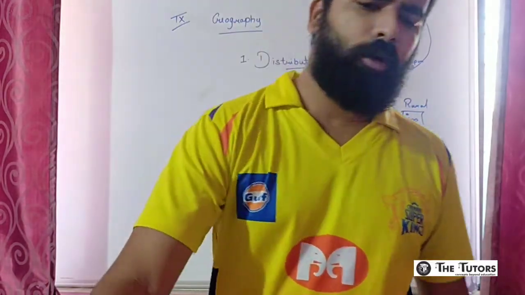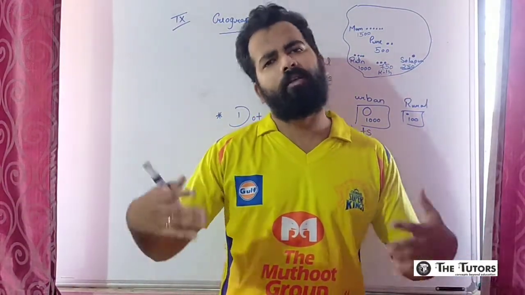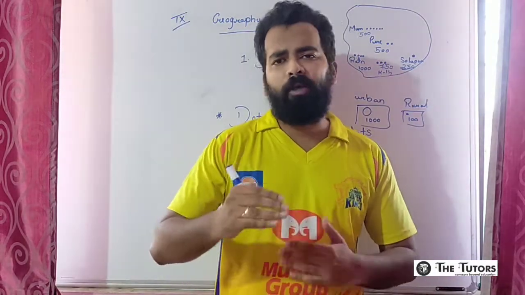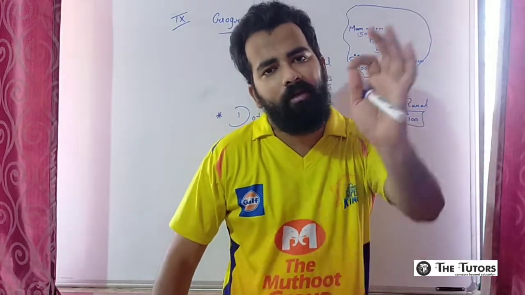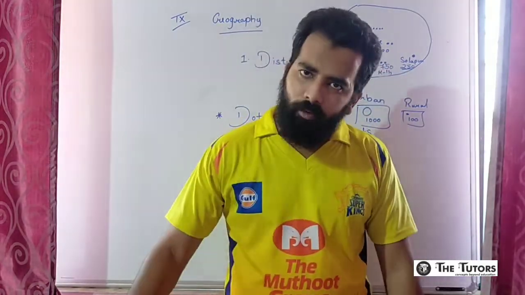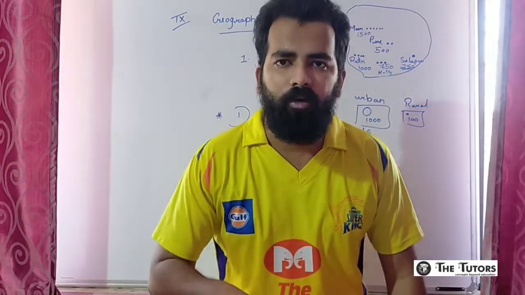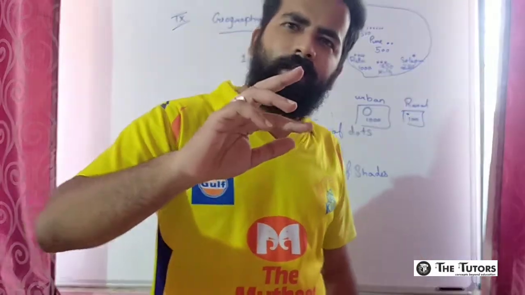Let us revise one more time. Dot method, it is used to calculate any aspect of any particular place. Like rainfall you want to calculate, you can calculate rainfall as well. But the rainfall is a fluctuating aspect. Population also fluctuates, but it is not so fluctuable like rainfall. Sometimes it rains one day, and some other day it does not. But population increases every day and decreases every day. Every day someone dies, every day someone is born. So it is highly fluctuable. Rainfall is highly fluctuable, but population fluctuates in very small differences.